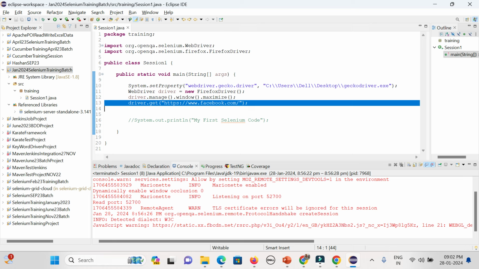But there is a Maven project available. I'll be showing you in the last couple of sessions, through which, instead of downloading the jar file manually, you need to give the dependency. Suppose for Selenium 4, the dependency name will be about 4 point something, right? So automatically what will happen? It will download that 4.1 version in your project. Suppose tomorrow it changes to 4.5. You can simply change the version in the Maven dependency to 4.5. Automatically it will remove the old 4 and download the new version in your system. So you don't need to do it manually.